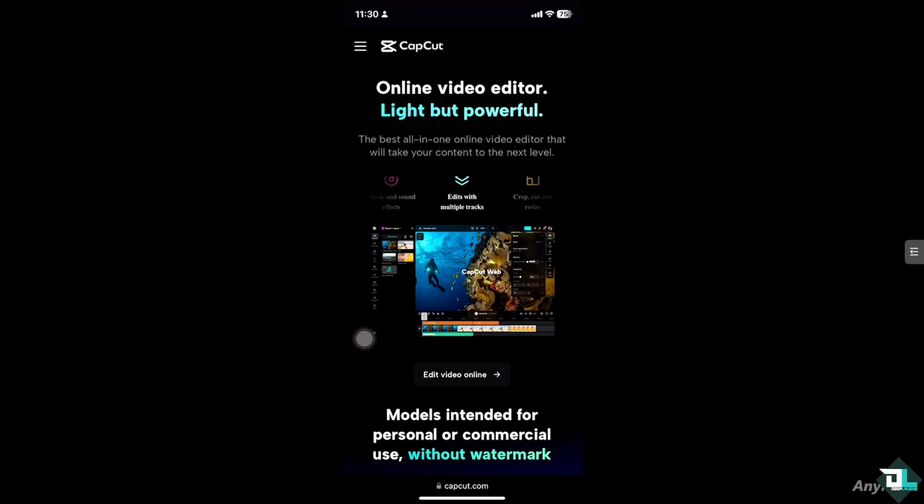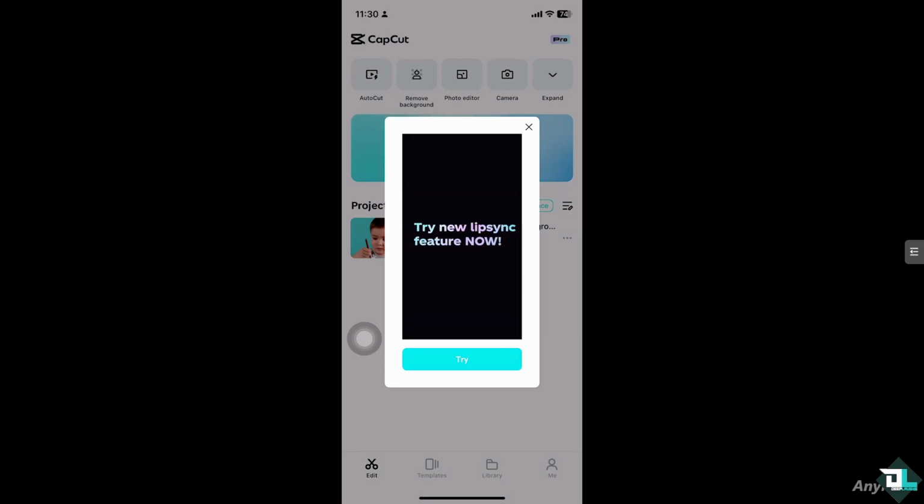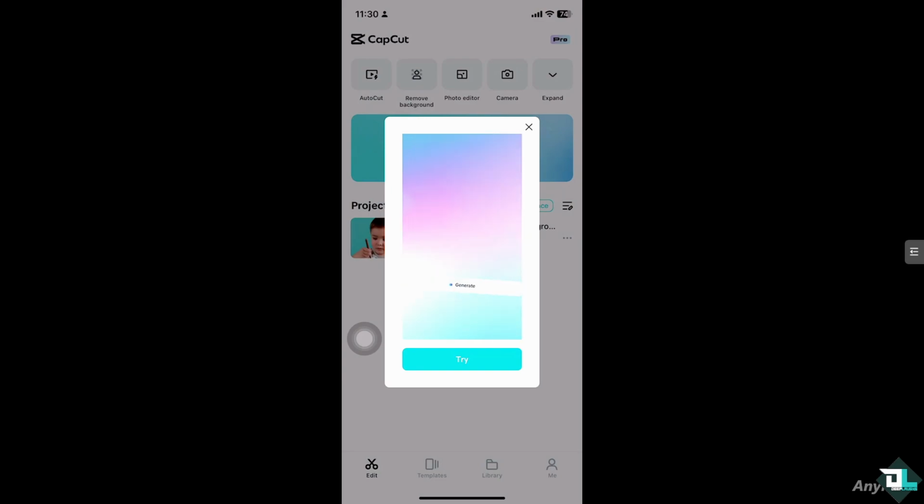In today's video, we are going to show you how to fix audio and remove background noise. Let's begin. Removing background noise and fixing audio in Capcut is a simple process that can significantly improve the quality